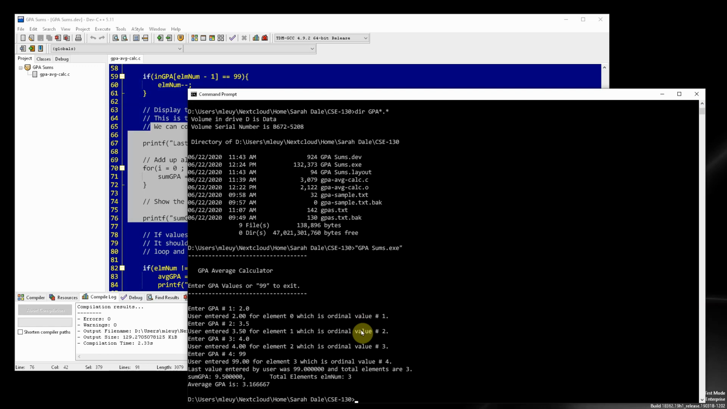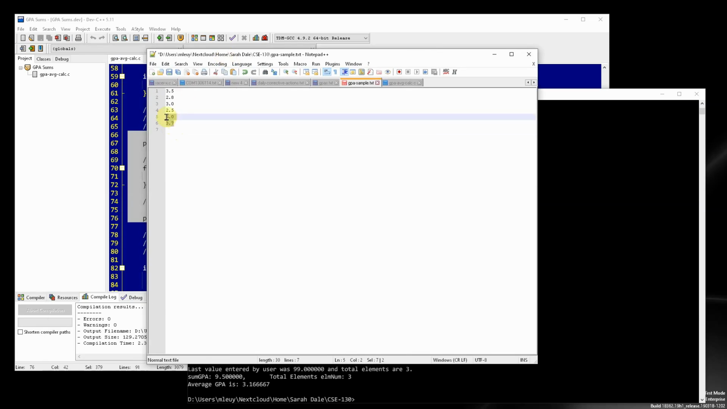If you don't want to have to keep retyping this in all the time, you can make a text file. So to do that, for example, with the values they gave you in the book for the GPAs, you can make a GPA sample text file like this, and then your program is going to use 99 to end the values, and then you just save that into that same directory so that you have it accessible right there,